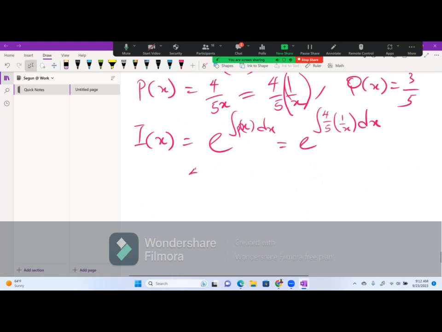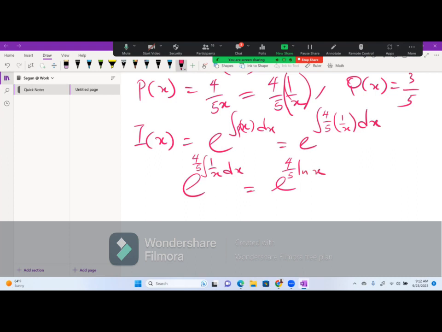So I'll say the integral of 4 over 5 outside, 1 over x dx, which is the same thing as